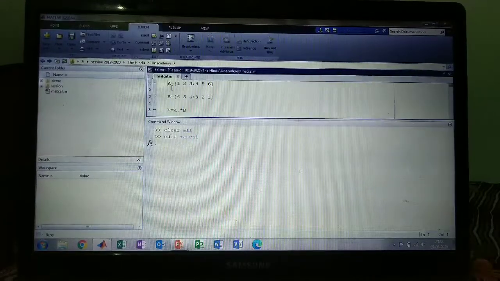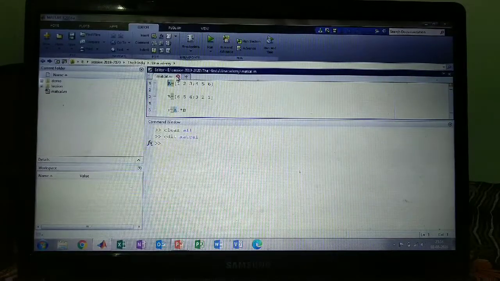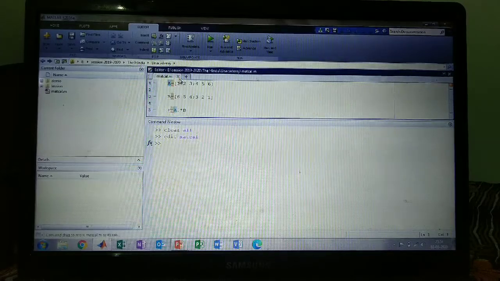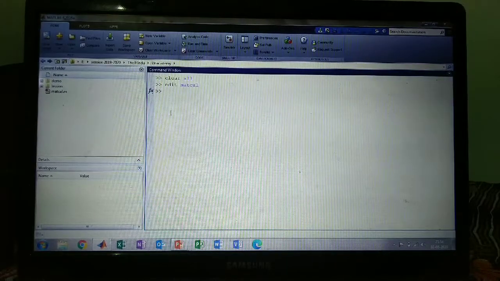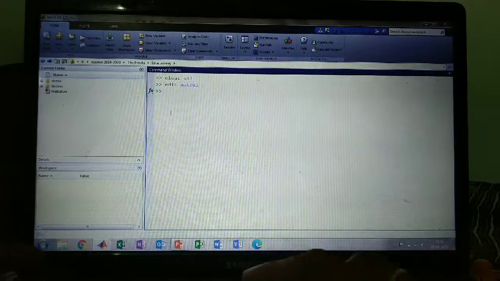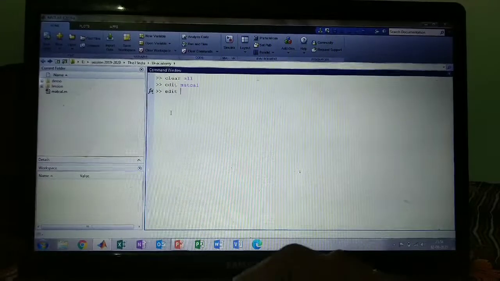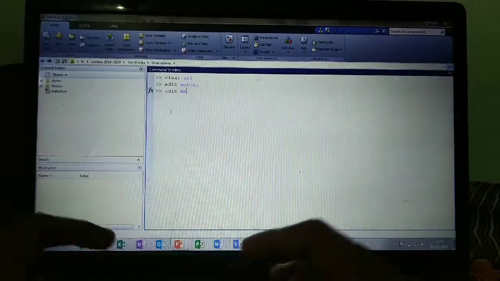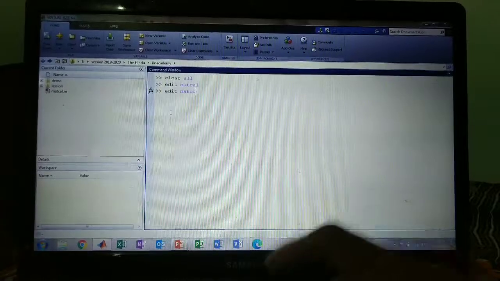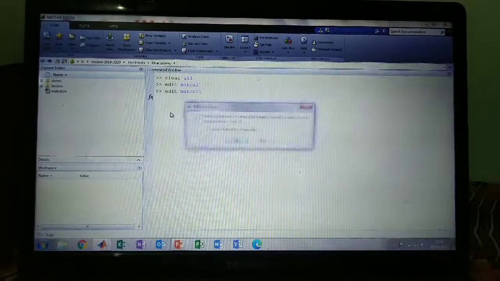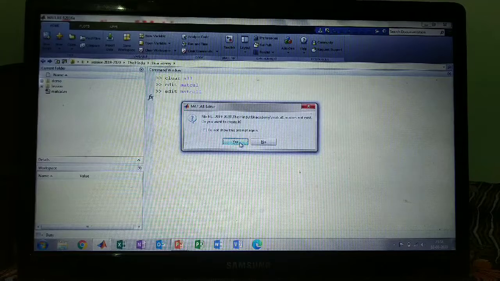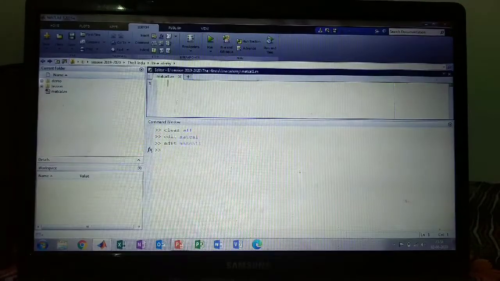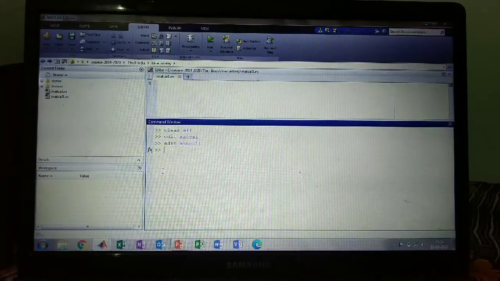After I press enter, this file already exists, that's why it is coming. So suppose I want to write another file name: edit MATCAL1. It asks, do you want to create the file? Yes. So I have created one file, MATCAL1.